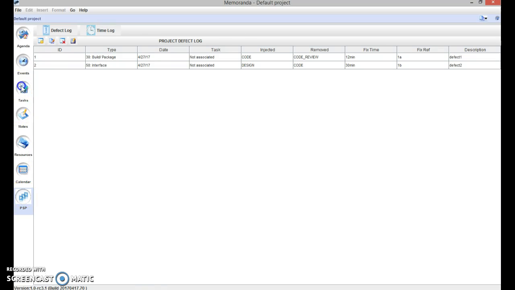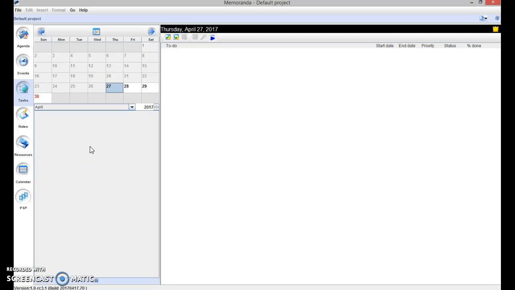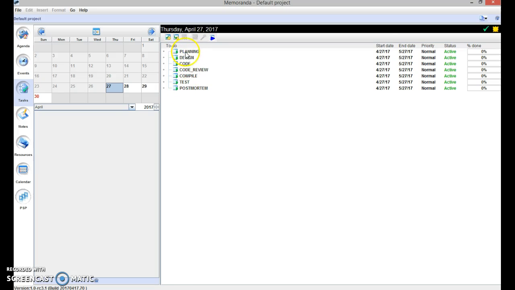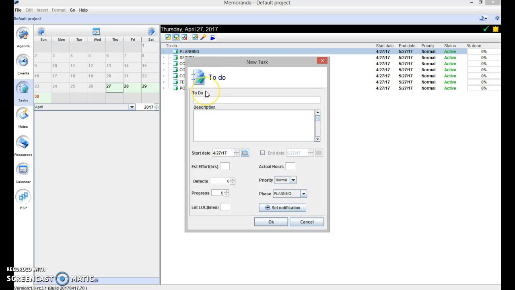Next, we have implemented some phase task separation for a user to separate their tasks into design phases to support their PSP process. This is our user story number 12, which we have implemented with this button here to create some PSP tasks for you automatically, which you can then populate with subtasks and actual hours, lines of code,